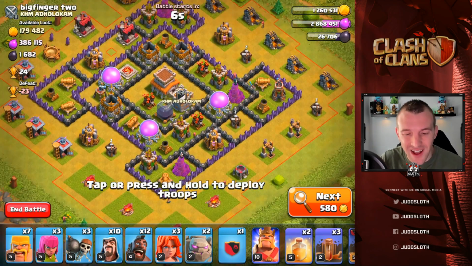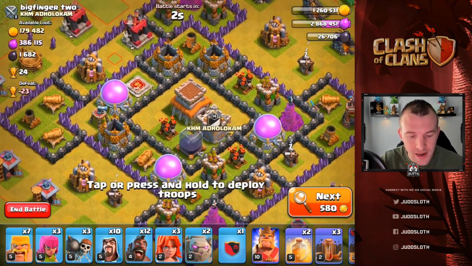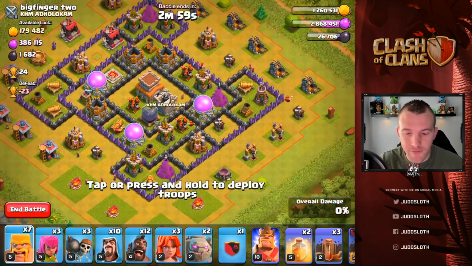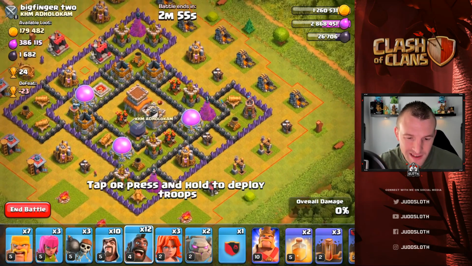We've got a centralized clan castle. Should probably test if there's anything in that. I don't think we could lure from that gap, although we could use that as a leverage point, I guess. Let's send in one Hog Rider. I'm thinking that...